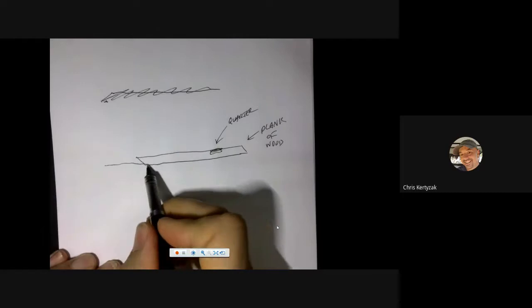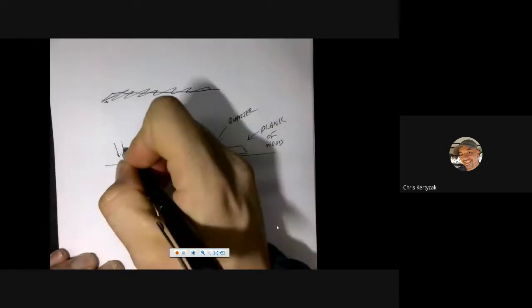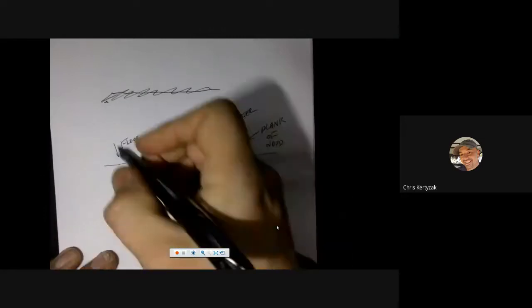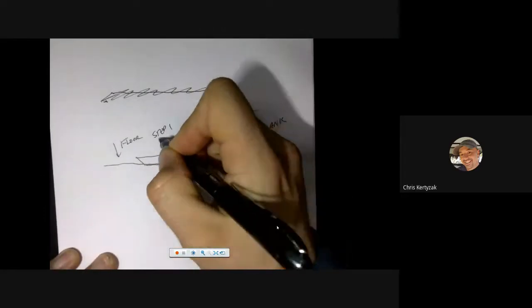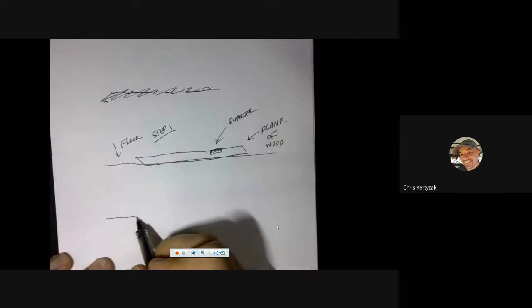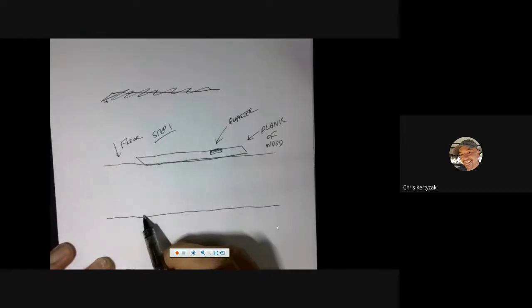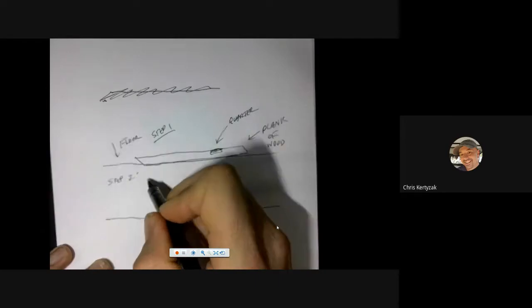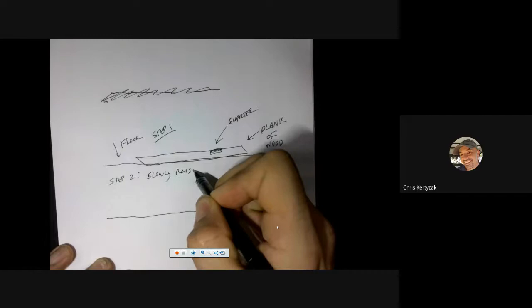And you just lay it on the floor. What you then next do, this would be step one. Step two is you start to raise that up slowly into an incline. Step two, slowly raise the plank